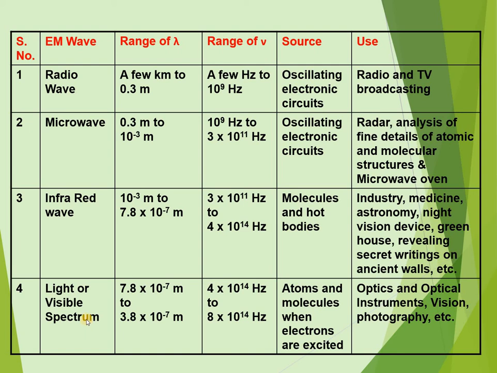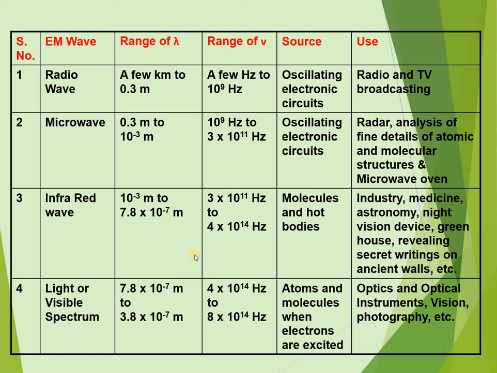which we are able to see this beautiful world, that is ranging from 780 nanometer to somewhat 380 nanometer. The frequency range is from 4 into 10 to the power 14 hertz to 8 into 10 to the power 14 hertz. They are produced by the atom and molecules when electrons are in excited state. They are used in the optics, optical instruments, for the vision, to see the beautiful world, for the photography, and